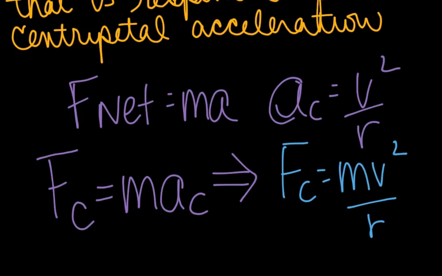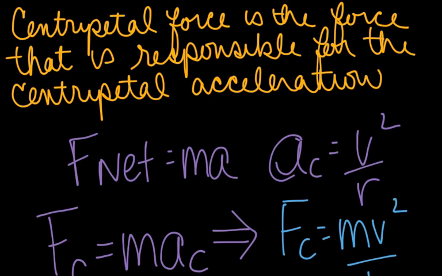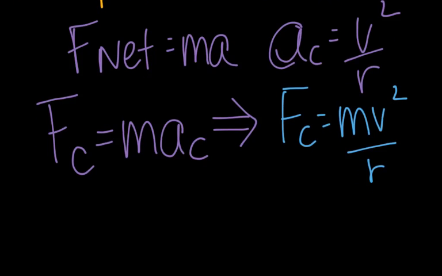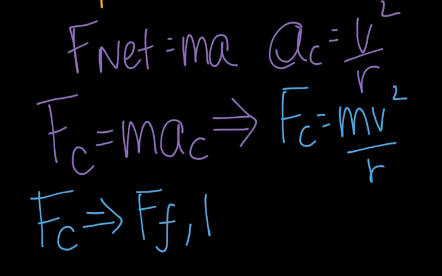Now, the centripetal force is not its own force. Remember that for many objects, you have to have contact in order for it to be an actual force. Again, that's not the case for gravity, the magnetic force, and the electric force. However, for what we're dealing with right now, a lot of times we do have touching for forces. But the centripetal force is always caused by other forces. So the centripetal force can be caused by friction, tension, or the normal force. Those are our three main ones, but it can be caused by a bunch of different things.